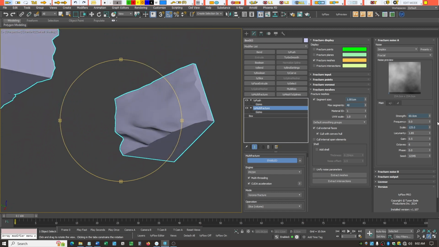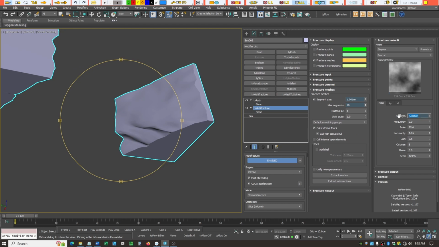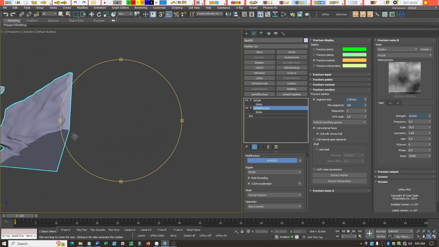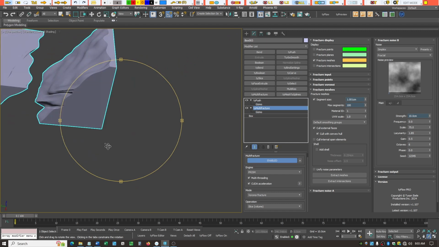And then if we fine tune that more with the noise in B, so we got this set to 60 here, and we go up a little bit more in our fracture noise B here, say something like 10. You can see you're really starting to add more detail. But if we now go back to the fracture mesh here, and let's say we allow more segments than what we've been allowing. Let's say we allow 100 now instead of 40, right? Now we got maybe not so good a mesh happening here, where it might be oversecting